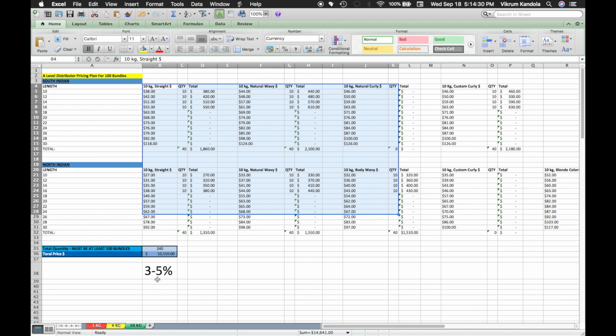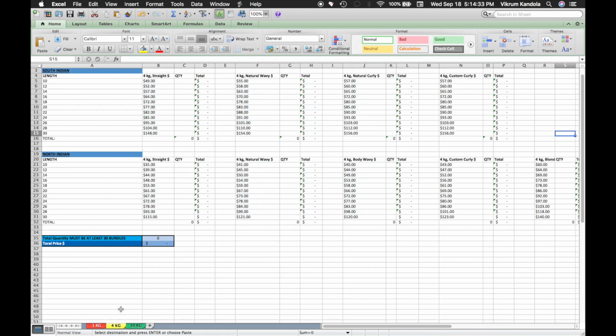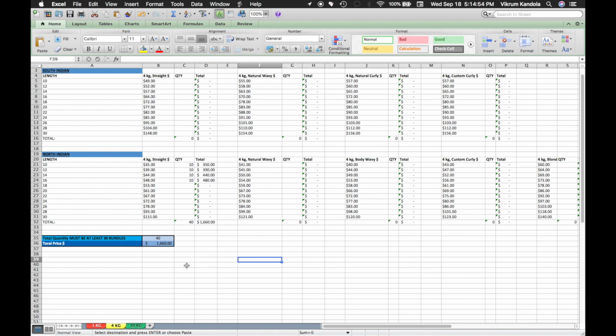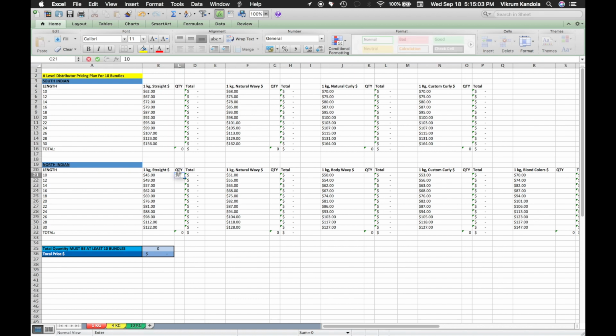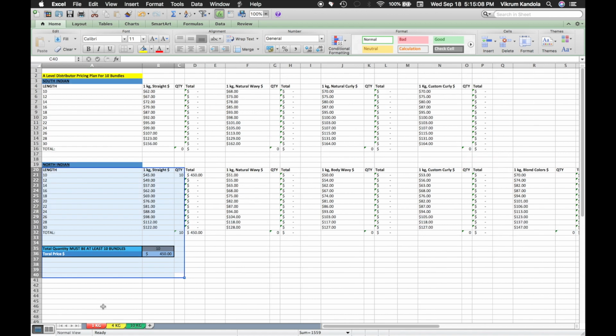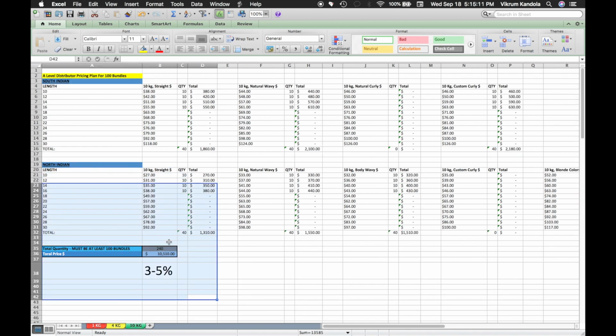Super simple. You can do the same thing, and I'm just copying and pasting here, guys. You can go over to this category and say, okay, if I just wanted to get 40, how much is that going to cost me over here? If we do 40 in the North Indian straight, in these inches, we're looking at 1660. The same thing can apply here. If you want to do 10 and 10, 450 is your price for just 10 right there. So 40 is 1660, 10 is 450, and 10 kg with 240 pieces is